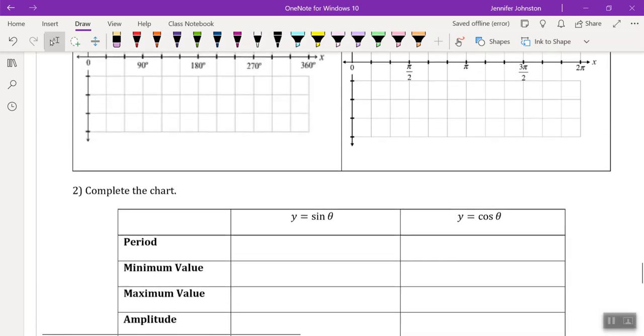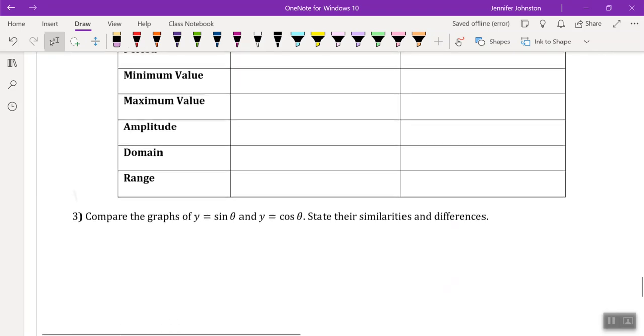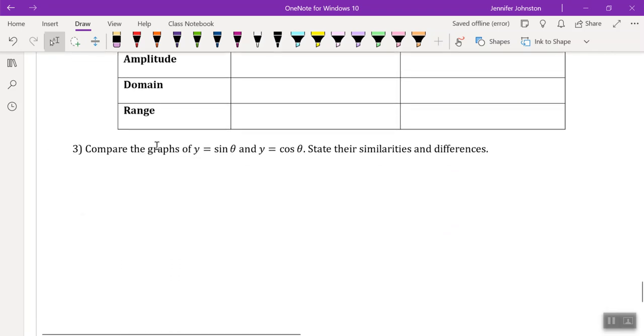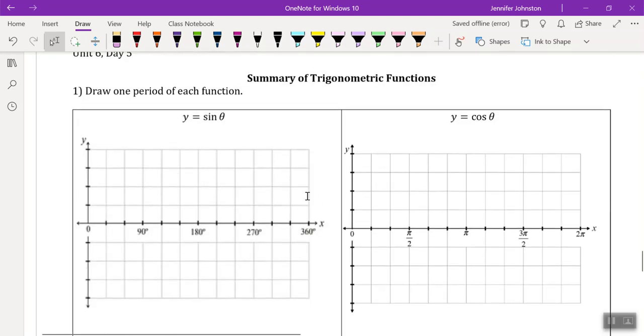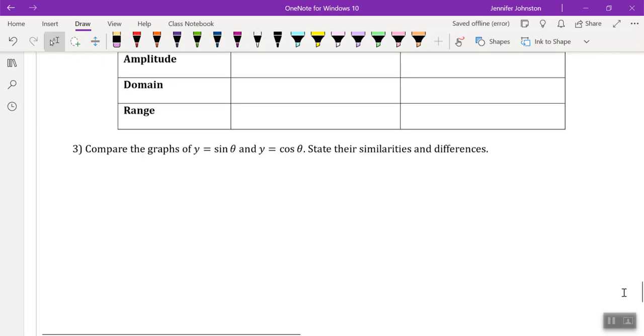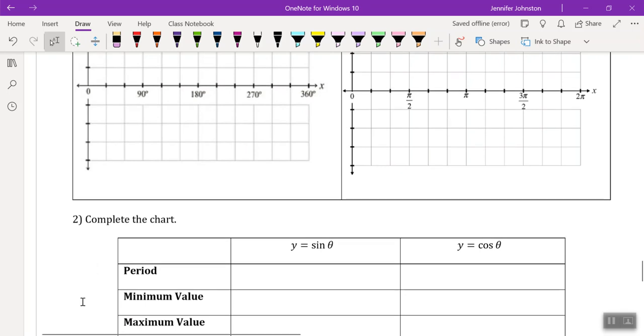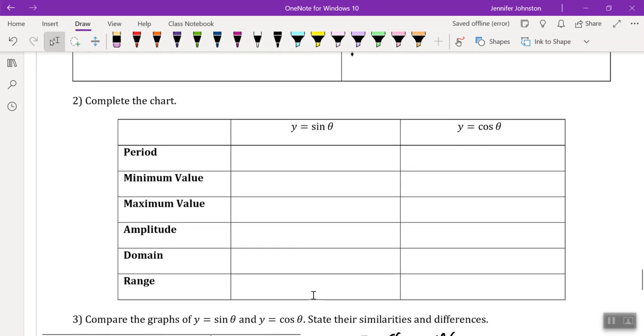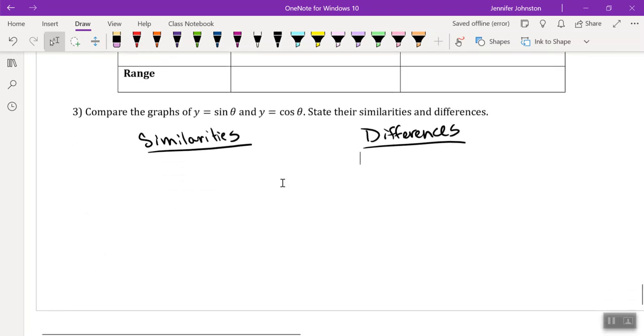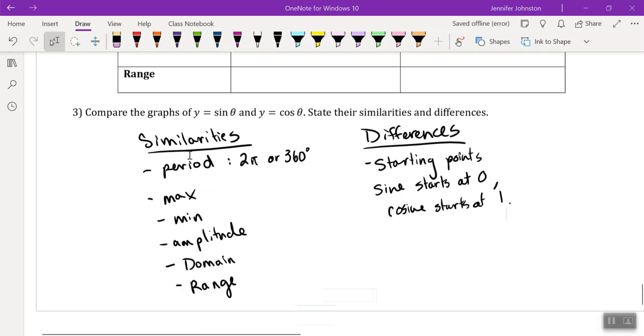All right, and please fill in a summary of what you see. Let's compare the differences and similarities. So go back, graph it. We're just going to talk about the similarities and differences. So I want you to go back, graph the two functions again, fill in the period, fill in the minimum, maximum, amplitude, domain, and range for each of them. And let's go look at the similarities and differences. Right, so here's some of the